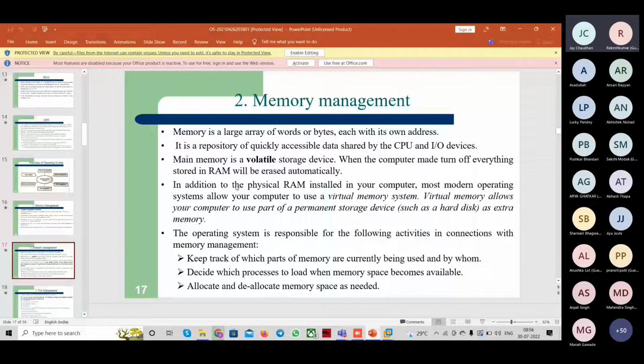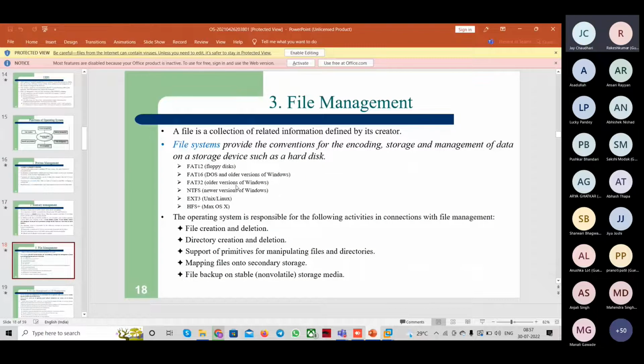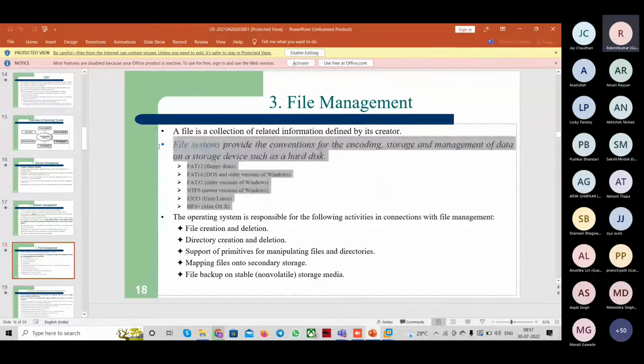And if we create three partitions, अगर से हमने अपने सिस्टम में तीन partition बनाए हैं, so every time अगर से मैंने सिस्टम बंद करके चालू किया, so what we get, four partitions? No, we'll get the three partitions only, because system knows how we have created three partitions. And what is the size of those three partitions and what data has been there in those three partitions, everything system has stored into some kind of file, which is stored into a configuration file. Okay, this is file management, and these are the types of storage such as hard disk, like say FAT32, FAT16,